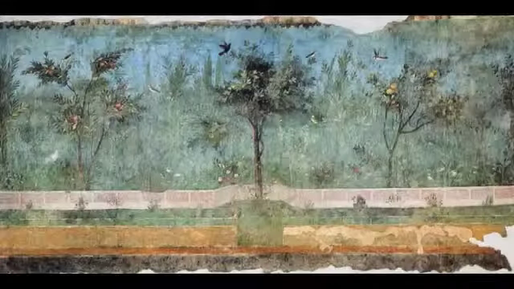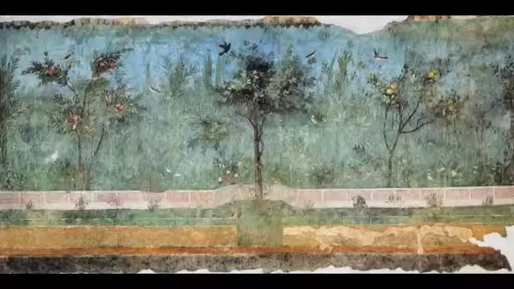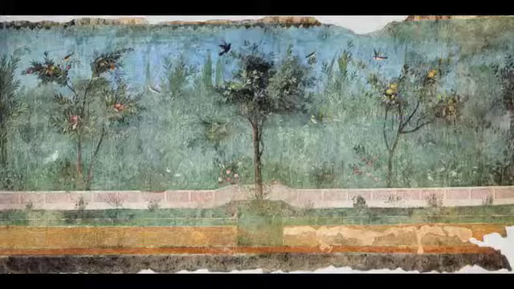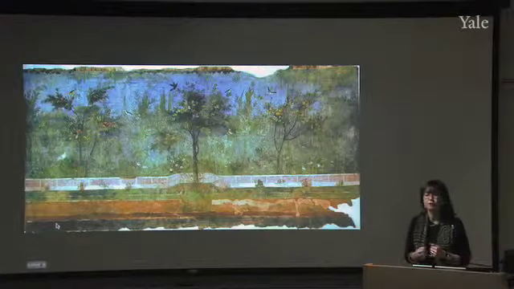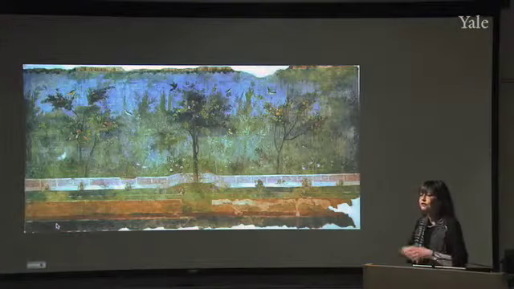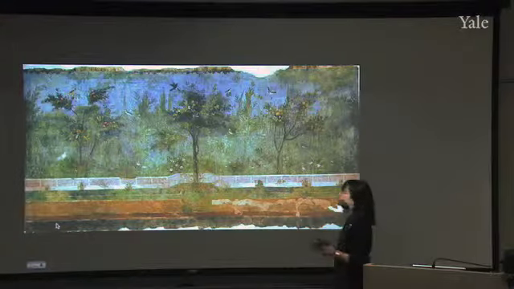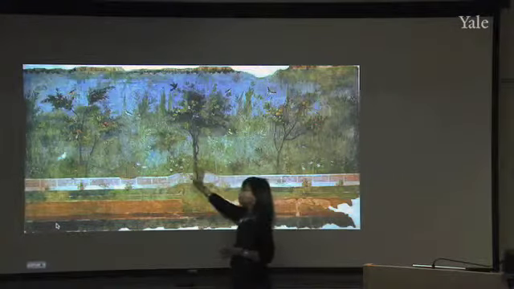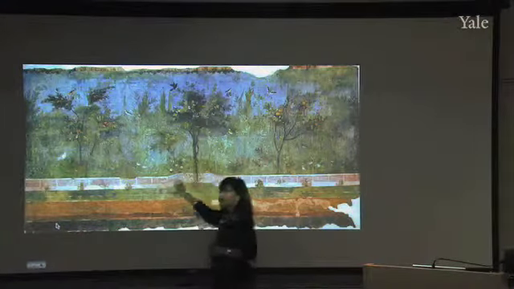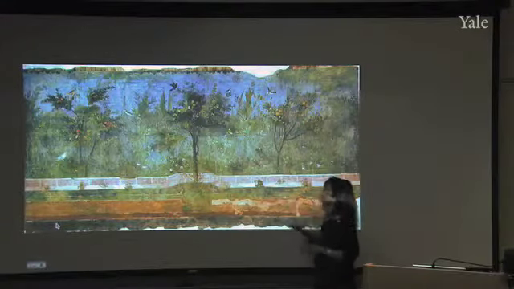What connects this to the second style is that it is the ultimate example of a Roman painting as a panoramic picture window. This is what they hoped you would see when you looked out of the rooms of your house, of your great bay window in the Villa of the Mysteries. If you didn't see the sea, you would see some glorious landscape, a gardenscape, out aside of your window with